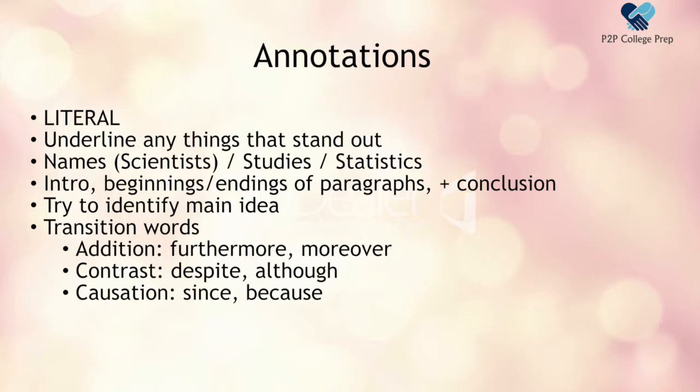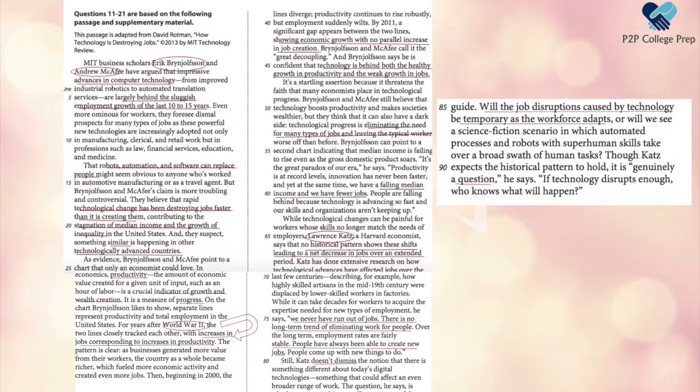Okay, so I'm going to save everyone time from reading the passage out loud, but I will show you my annotations once I'm done. Okay, so I have my annotations on the screen, and basically what I did was I just circled any names or key events that was discussed in the passage, and then I tried to find any information that related to the title, which we know because we read the blurb, How Technology is Destroying Jobs. So as I was reading the passage, I tried to find any facts, statistics, or any opinions that related to that.